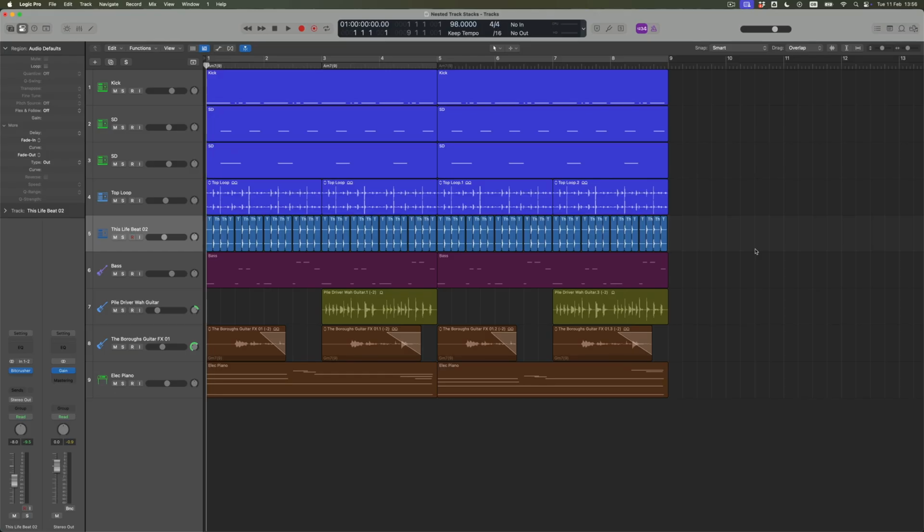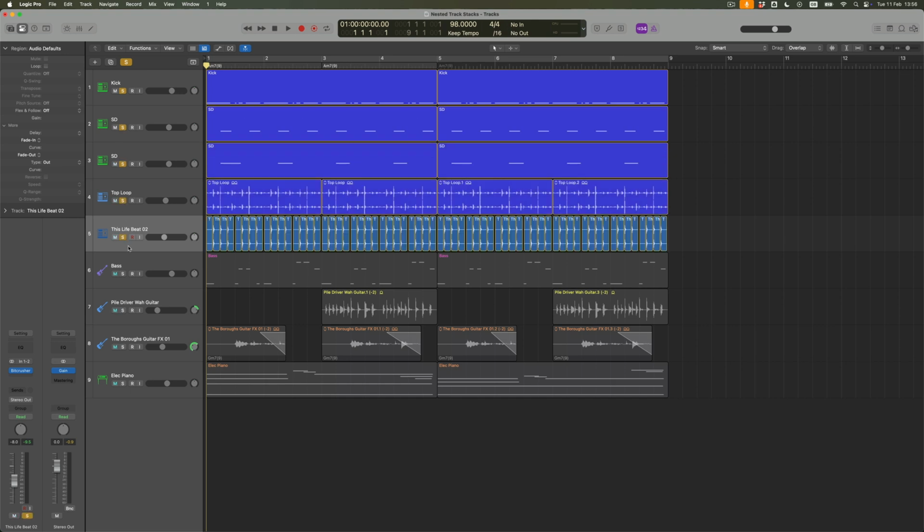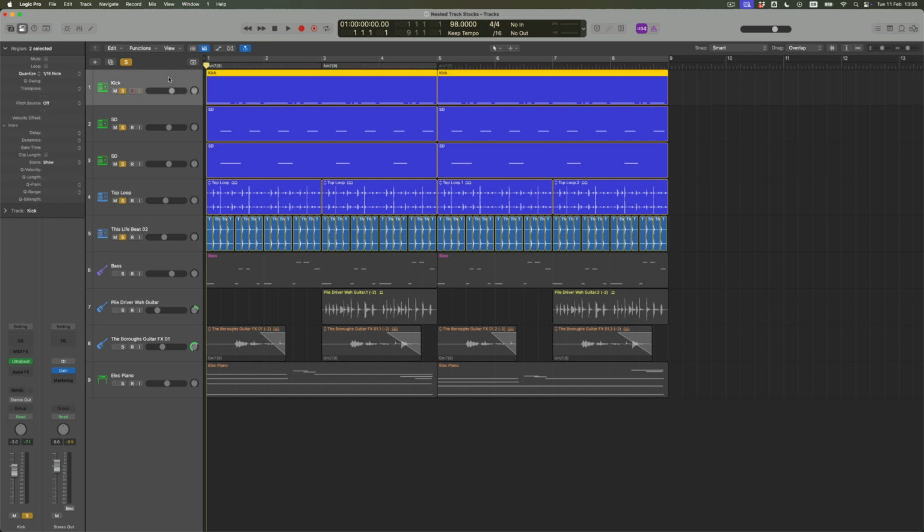Now at the moment, as you can see, everything that's drummy in this project, is drummy a word? It is now, is up here at the top, and everything is just running straight out of Logic. All of these sounds are being routed straight to the stereo output. All of them are just their own track doing their own thing. And I've labeled things. So we've got a kick, we've got a couple of snares. I think actually one of those is a clap. So when I say I've labeled things,